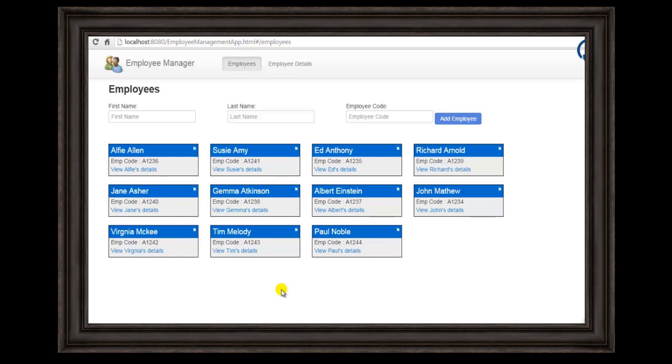So this is the application which is built with the help of the AngularJS framework, and we are going to see how we can build such applications step by step. Let me explain what this application contains, with the features and all. So this is an employee manager portal where we can see the list of employees which are currently available in